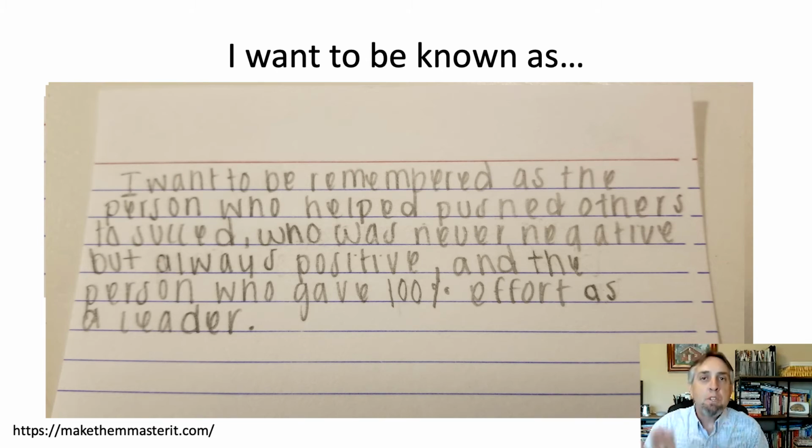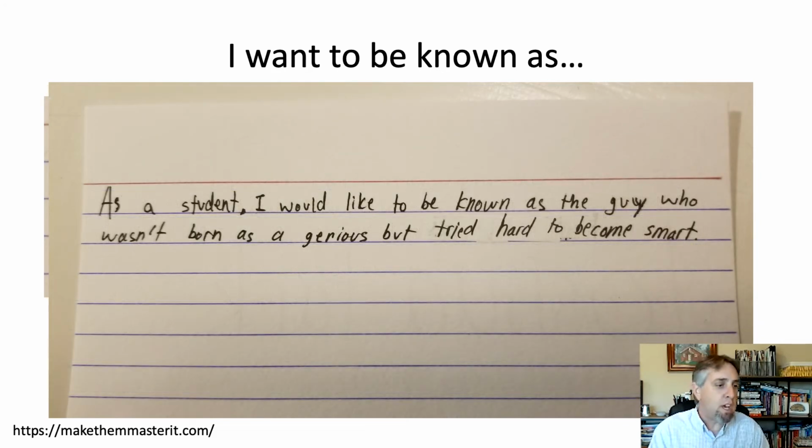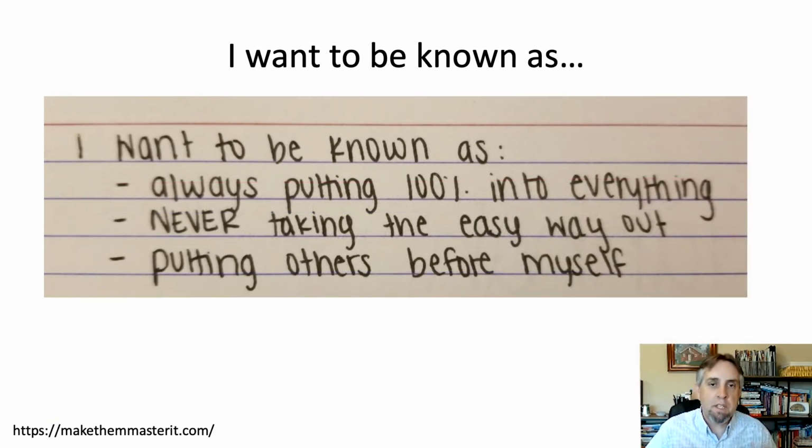Now, I'm not assuming you would do this, but as you share these ideas, something to keep in mind: I would never use this as a hammer. If let's say this kid who wrote this was having a bad day, I wouldn't pull them aside and say, you know what, you said you wanted to be viewed as 100% as a leader. You're not being a leader today. That's a little backhanded, I think. But I might use it as a way to have a discussion with the kid. What needs to happen in our day-to-day so that you can be the leader you want to be? It's a very different way of approaching a kid. This is about aspiration. And here's yet another example. There's tons of examples out there. If I knew a kid wants to be viewed as putting others ahead of themselves, that's a wonderful thing.